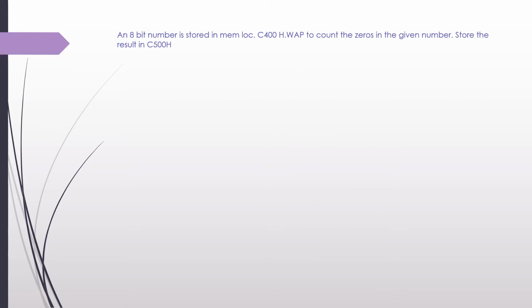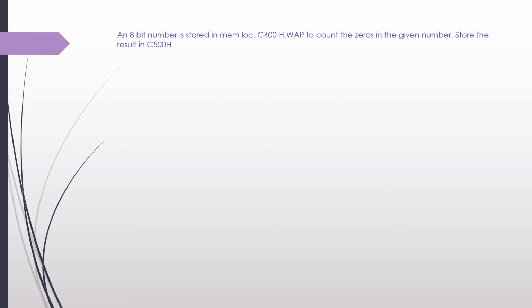Okay, the next program is: an 8-bit number is stored in memory location C400H. You have to count how many zeros are there in the given number. For example, if you take the data as 80H, what is the binary format of that? It is 1 0 0 0 0 0 0 0. So how many zeros are there? There are 7 zeros. If you put the data as 80 in C400, then the result 07 should be there